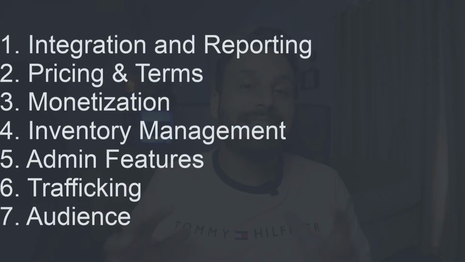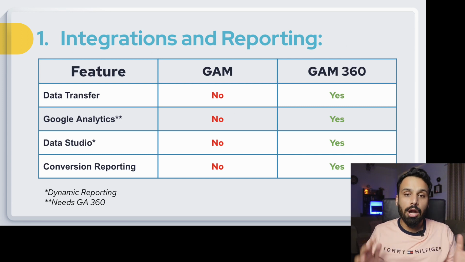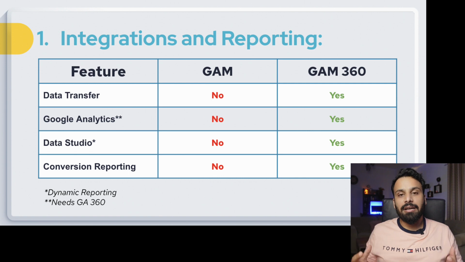We will discuss all the different features available in these two versions in 7 different sections. Our first section is integrations and reporting: what integrations and reporting is possible in both the versions. The first one is data transfer, which is available in Google Ad Manager 360 and not available in Google Ad Manager. What happens with data transfer is that any publisher who uses Google Ad Manager 360